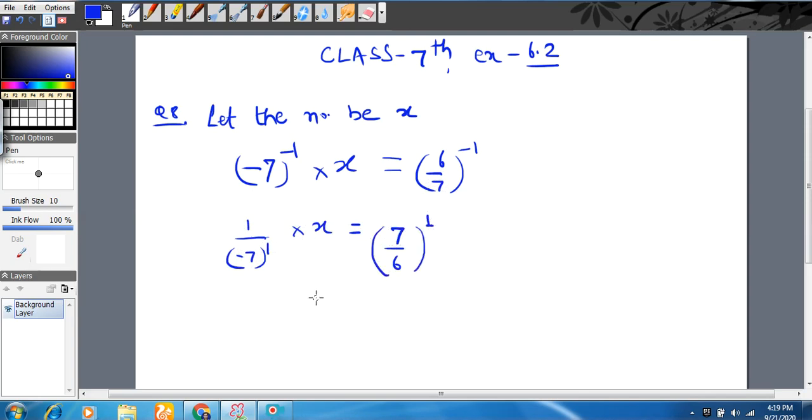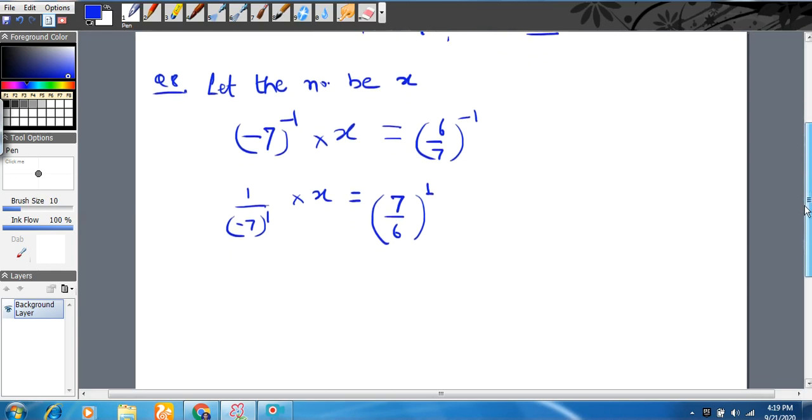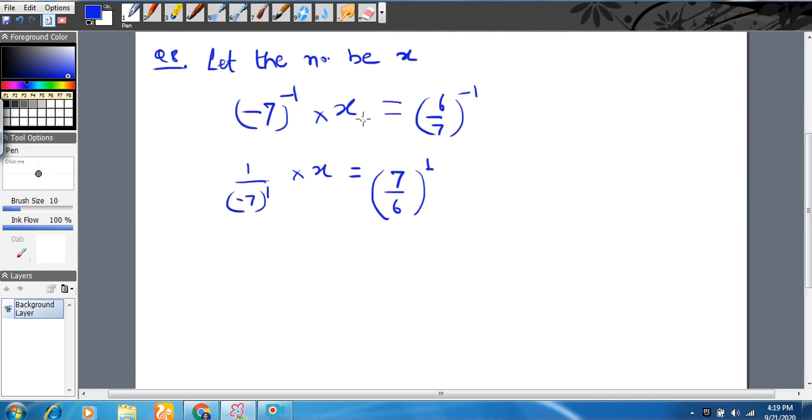Most of the times when you solve this type of question, follow the method. तो जब भी हम किसी फ्रैक्शन का रेसिप्रोकल फाइंड करते हैं तो उसका जो एक्सपोनेंट होता है, जो भी उसकी पावर होती है, उसका साइन हम चेंज करेंगे, एंड इट इज़ 1 अपॉन माइनस 7, ओके, into x equals 7